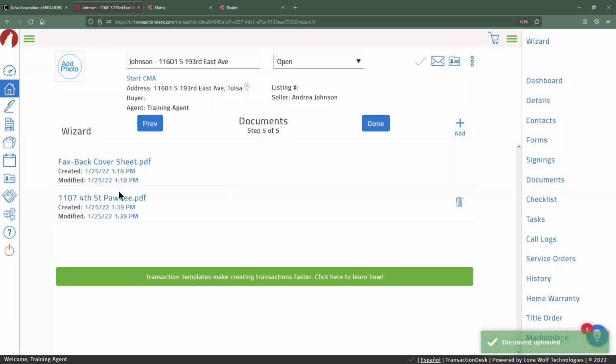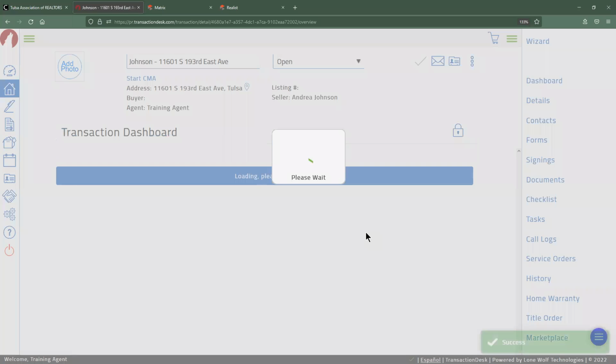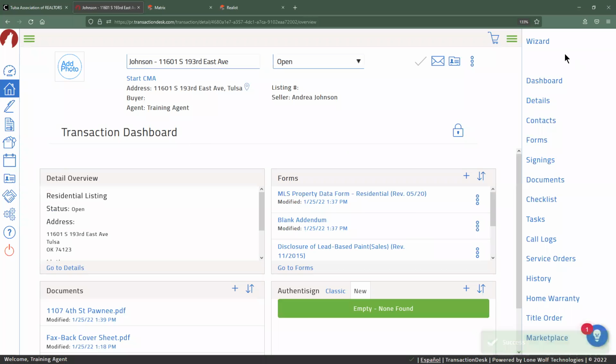Now there's a couple different ways for us to interact with the documents that's going to be different than the way that we interact with our forms. We're going to cover that in just a bit here. Now, I'm done with my wizard. I've gotten all the way through to step 5, so instead of a next option, it's presented me with done. This is indicating that I've finalized everything that I need to under the wizard. I can always go back to the wizard if I liked the way that that was laid out. But you'll notice on this little navigation bar on the right, it brings us to our dashboard after we finished the wizard, which is the first button at the top here.